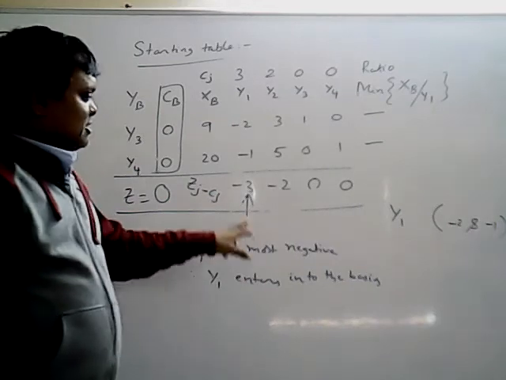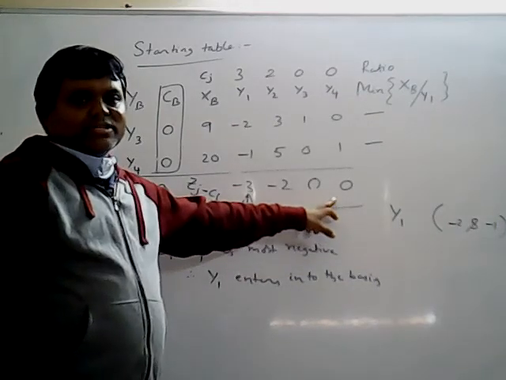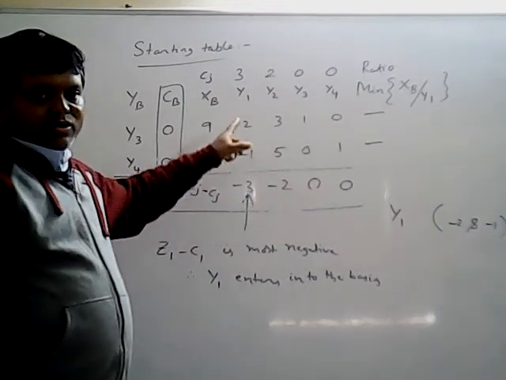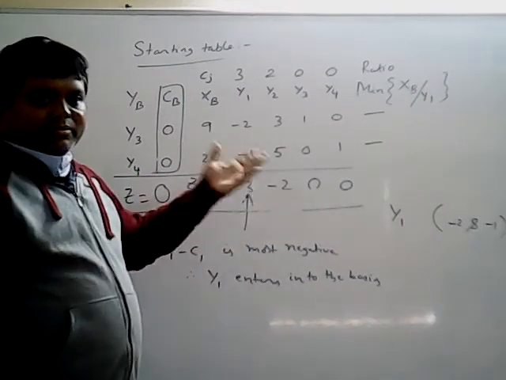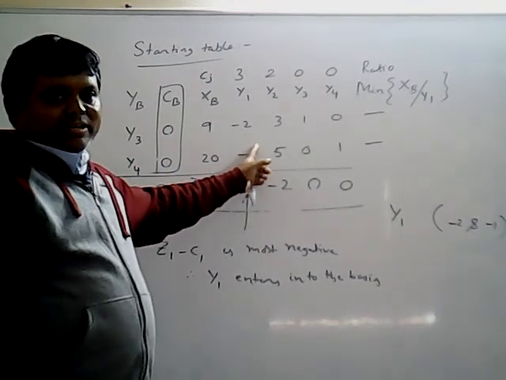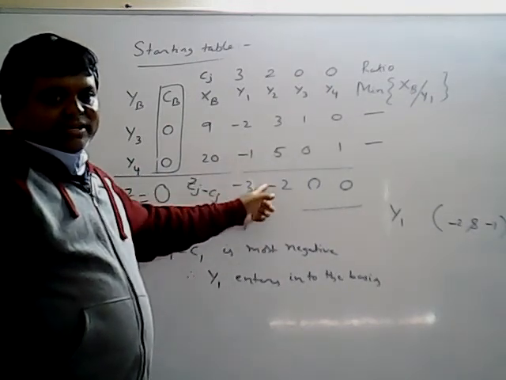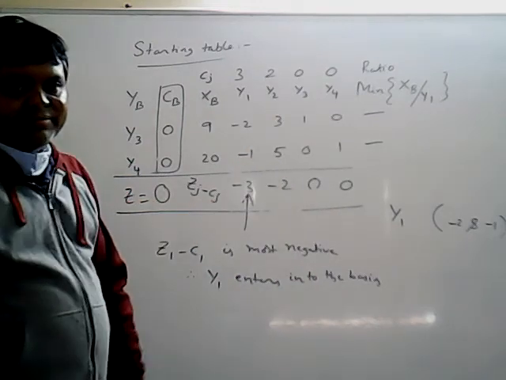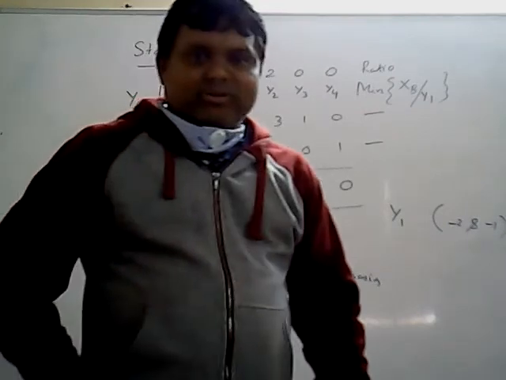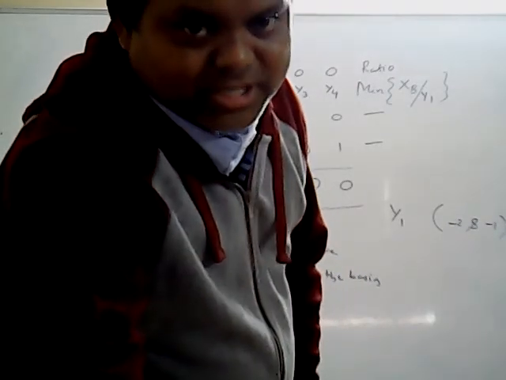Solution exists means all zj minus cj are greater than or equal to 0, then you will get the solution. Unbounded solution means, in your entering column, whatever the entering column may be in the problem, if a positive number does not exist, then that is an indication of an unbounded solution. Okay, so tomorrow we will discuss one more problem in the simplex method.